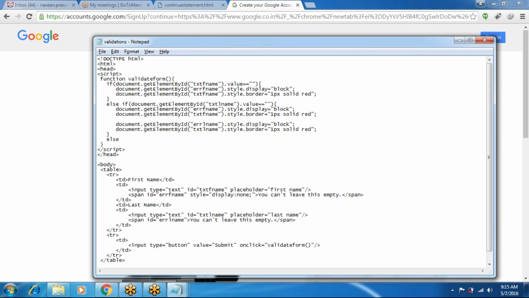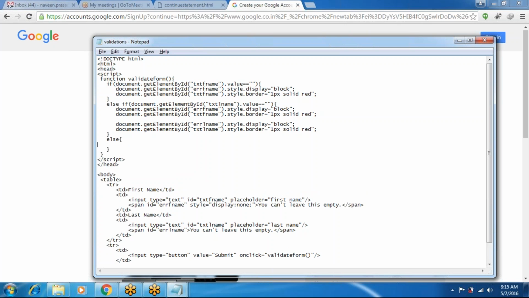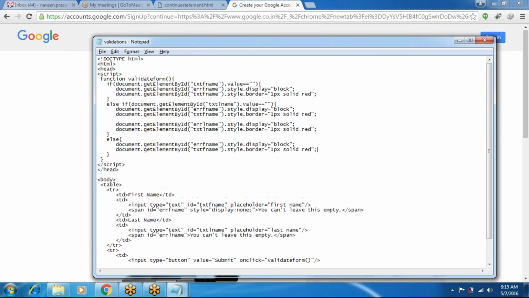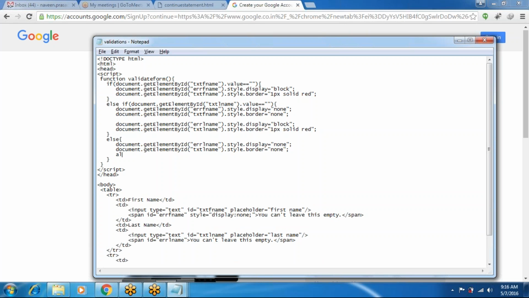If this is also successful, for the last name styles you have to remove: display none, and border also none. And the alert box is success. You successfully entered these text boxes.